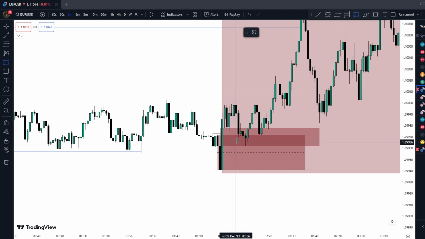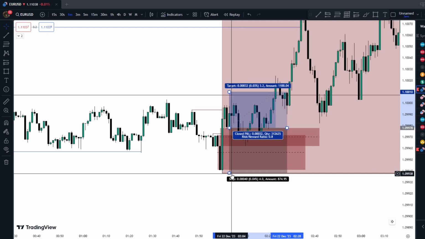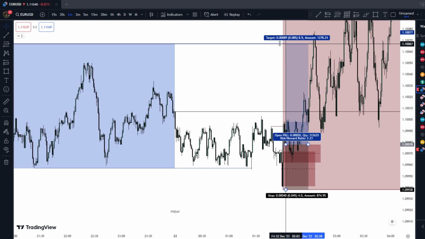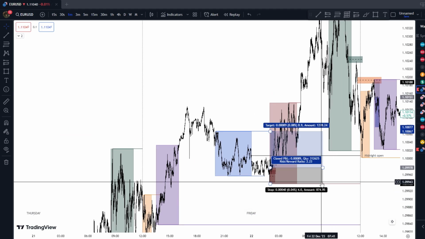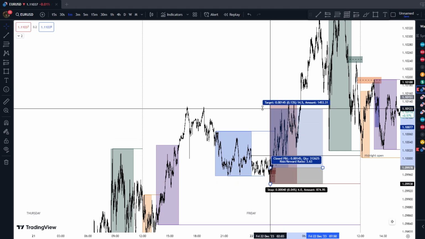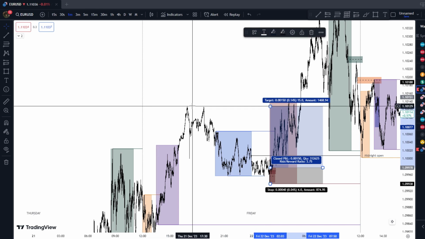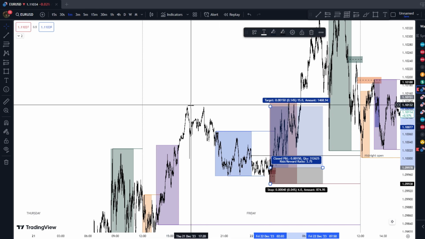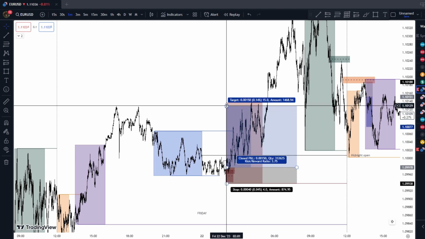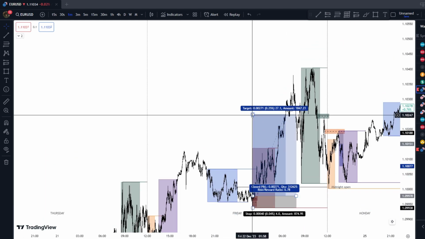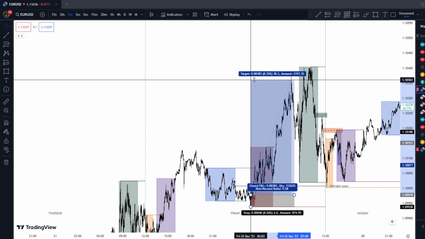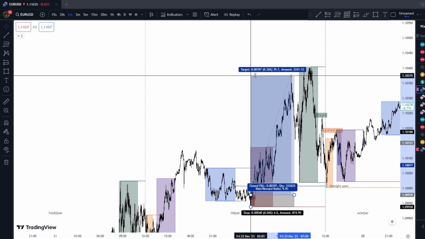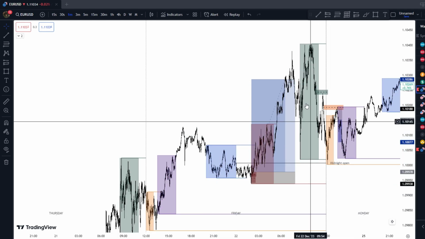So what I would do, I would enter on this fair value gap, stop on the low, target Asian high. Easy, 1 to 2, guys. And even if you're bullish for the day and you know the narrative and you have a bias, you could have targeted this low, previous daily highs, I think. Those are the previous daily high, Thursday high, 1 to 3, and price even distributed more and gave you, maybe you left a runner, 1 to 10 risk to reward chance.